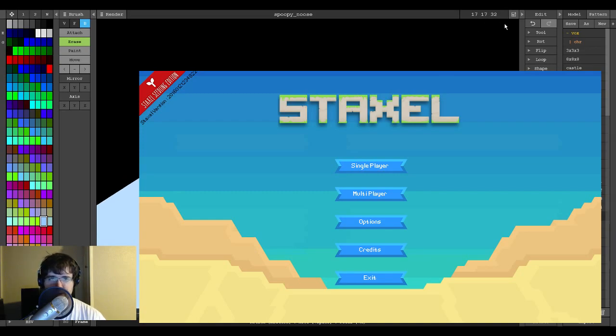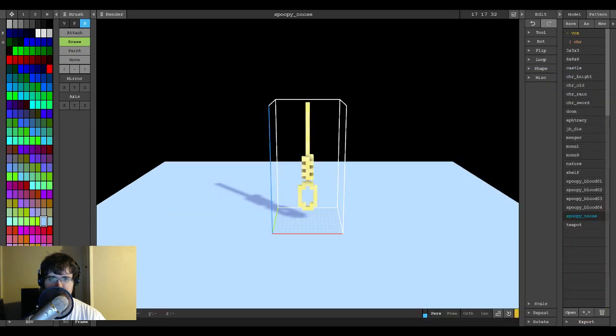So, I wish I could scale this. I think I can, but I'm not sure. Let me make sure everything's working. Oh yeah, Staxel's open. I need to close Staxel. Yeah, there we go. And then...